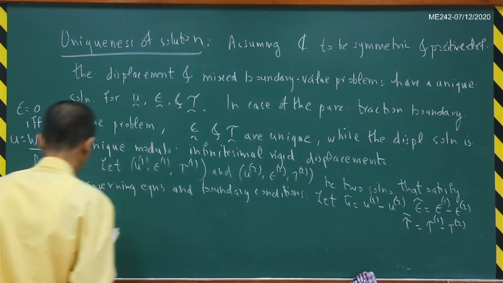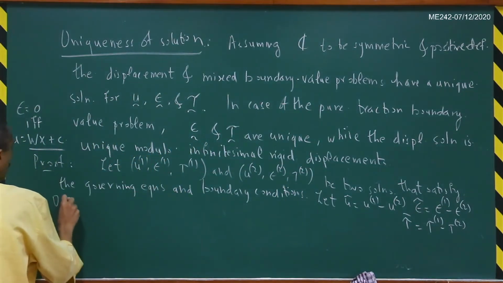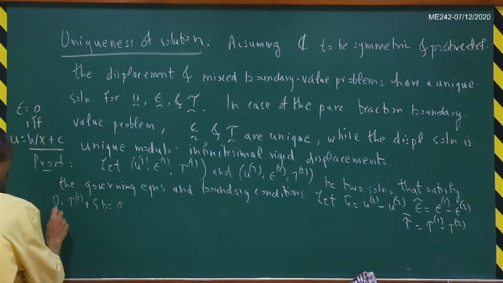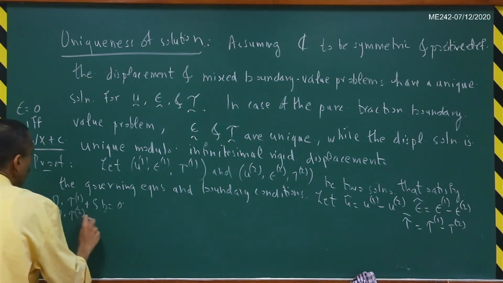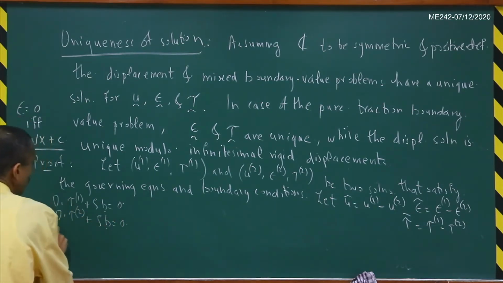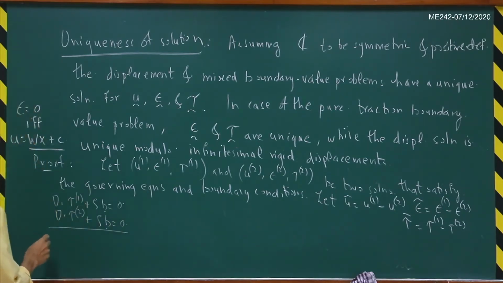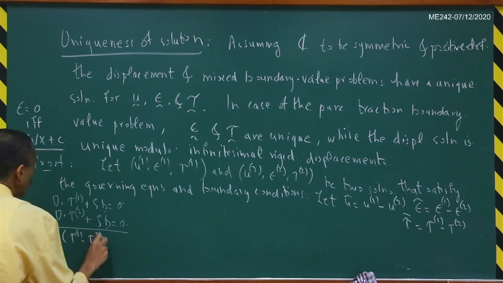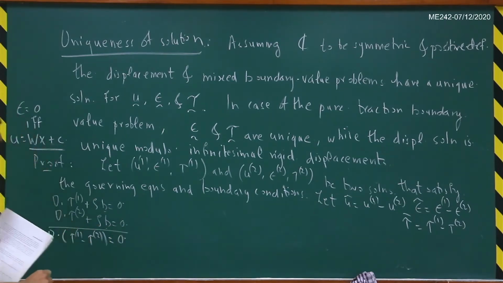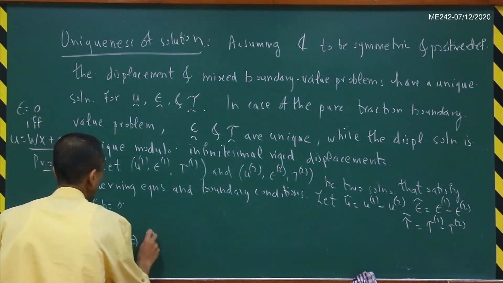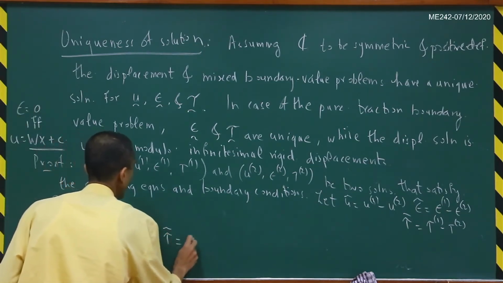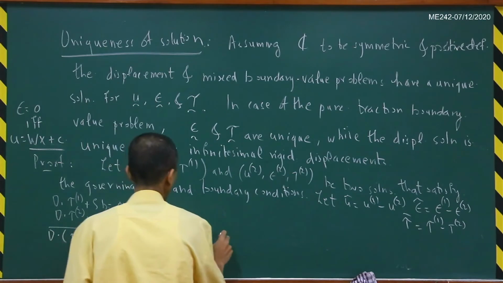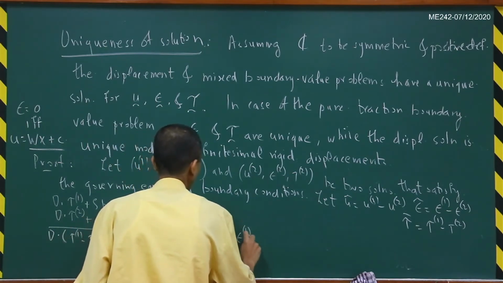Okay, then now we have that del dot tau 1 plus rho times b is equal to 0. Del dot tau 2 plus rho times b is equal to 0. So if I subtract this, I will get that del dot tau 1 minus tau 2 is equal to 0, right? And so this implies that del dot tau tilde is equal to 0, correct? And then similarly, you will get that epsilon tilde is equal to epsilon 1 minus epsilon 2